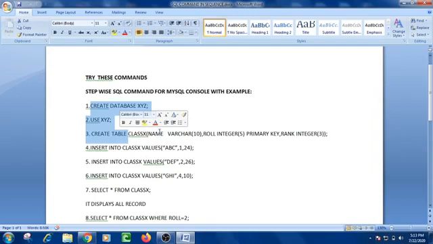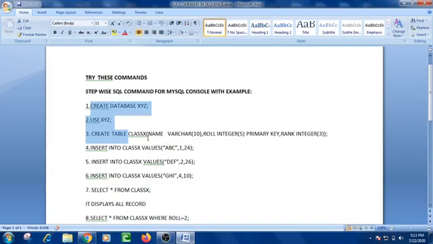Designing the table means we have to give the names of the fields, and we also have to define the data type of each field. All of you know what a data type is. Data type is the type of data that is going to be stored in that field, and it is defined here only. We even define the size of the field also.